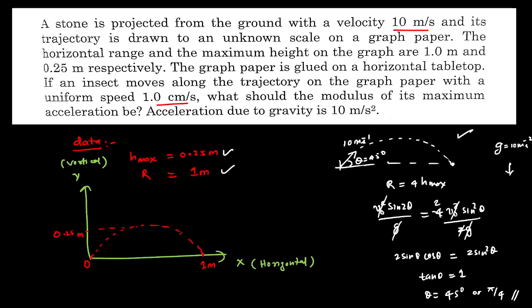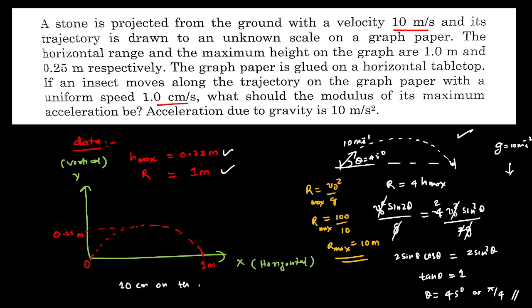We know that for theta being 45 degrees, range is maximum, and that range we can easily predict in the real life situation. In the real life situation, maximum range is given by v naught squared by g. Using that information here, 10 squared, 100, by g given to be 10, the maximum range is going to be 10 meters. But on the graph paper, we are having 1 meter. So by comparing this with what we have on the graph sheet, we can easily compare the scaling, that 10 centimeter